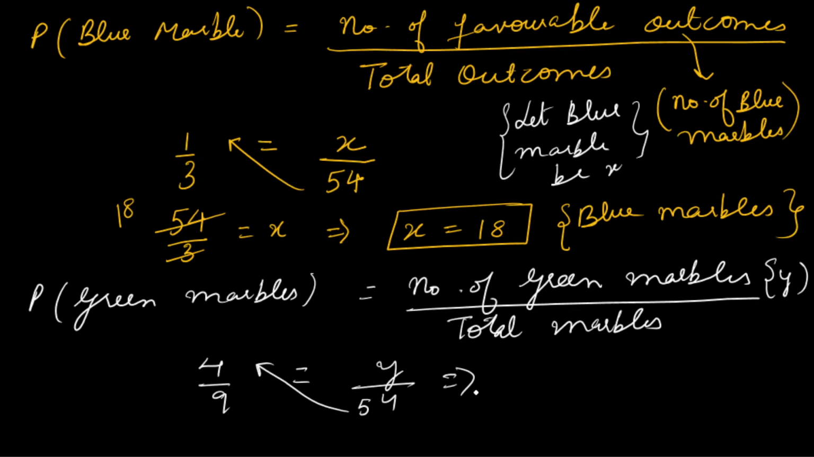If you solve it, you will get the value of y. So 4 into 54, 54 will shift to the other side, divided by 9, is equal to y. So 9 into 6, we can do cancellation. So y's value will be 4 into 6, which is 24. Okay, so we got now,